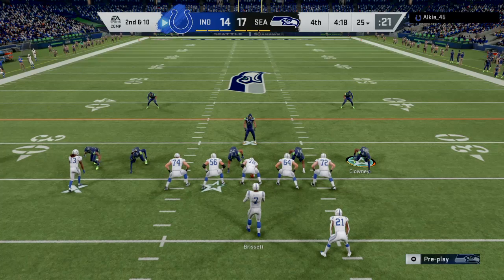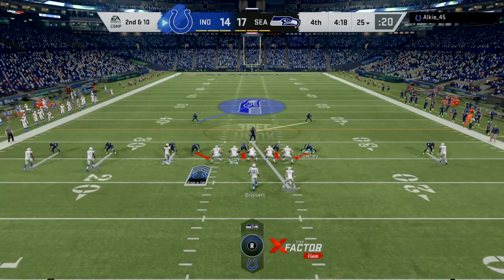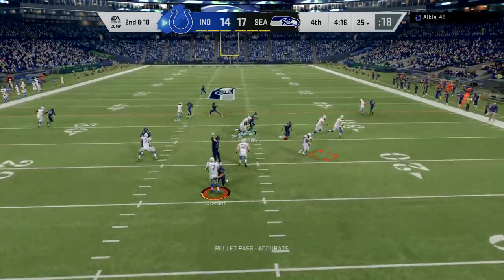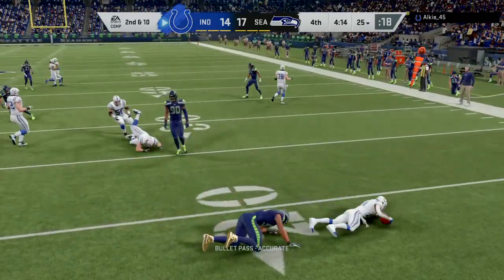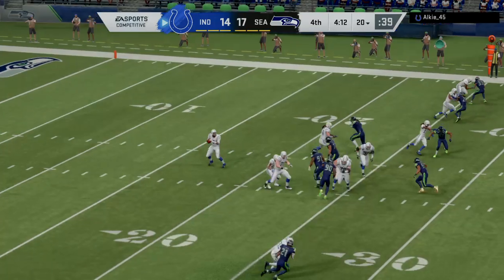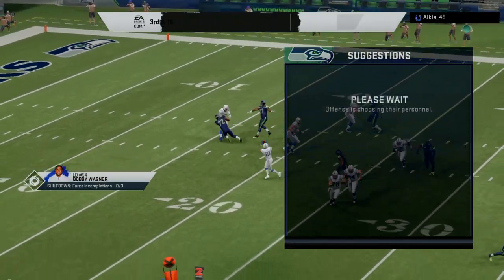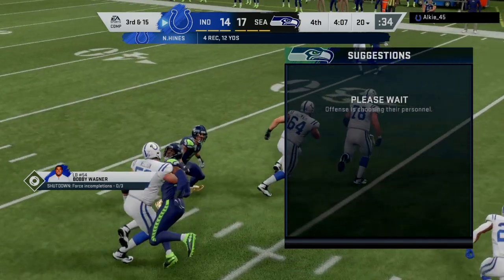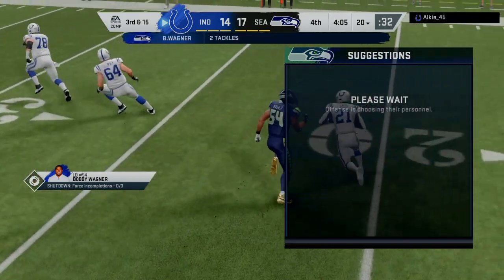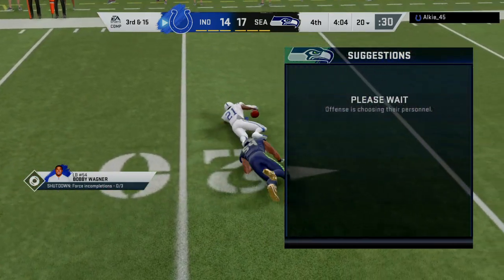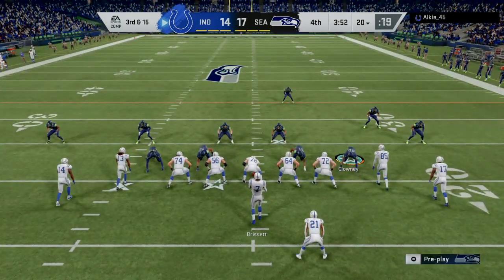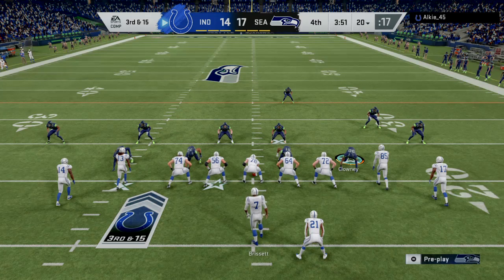An incomplete pass leads to 2nd and 10 from the 25. To throw is Brissett. Now they go screen. It's complete. And he got blown up on that play. Back at the 20. That's going to go down as a loss of 5, and it brings up 3rd down. Possibly a turning point. Big play coming. This is 3rd and long.